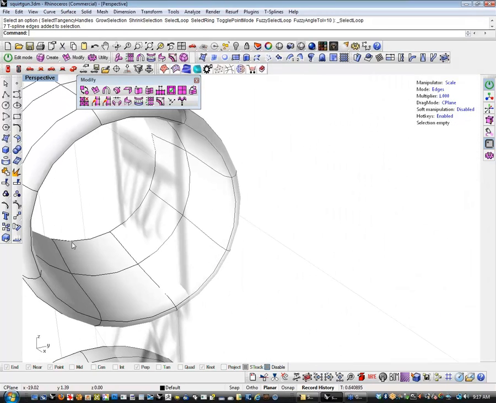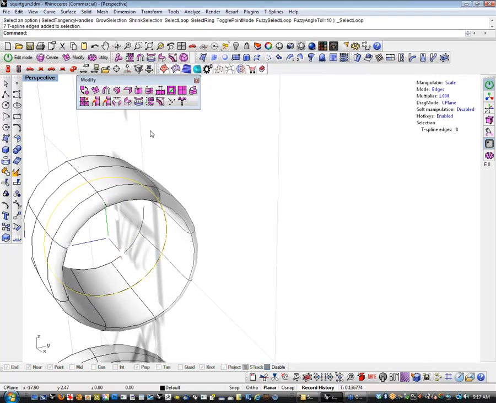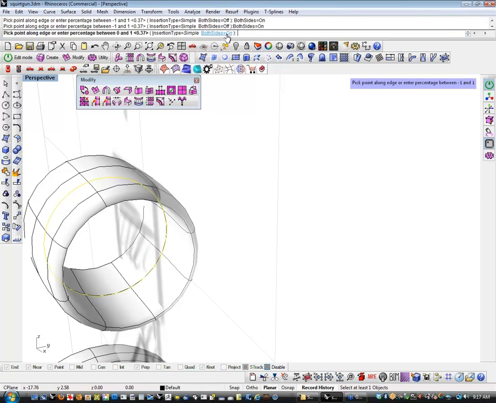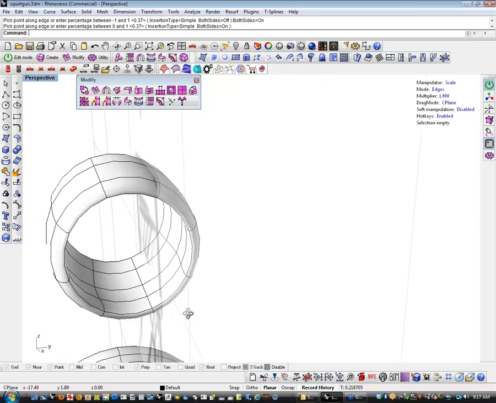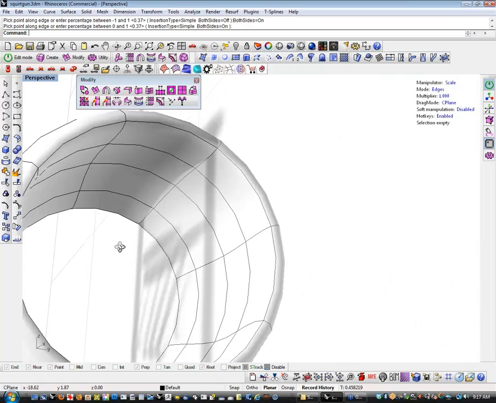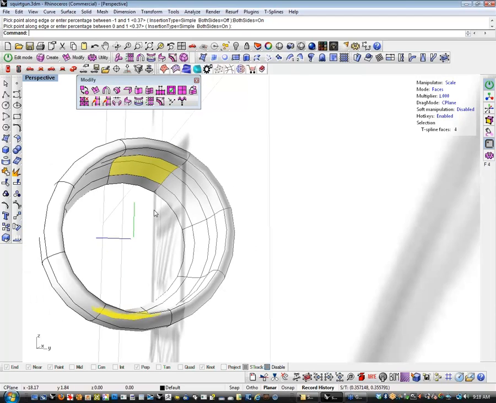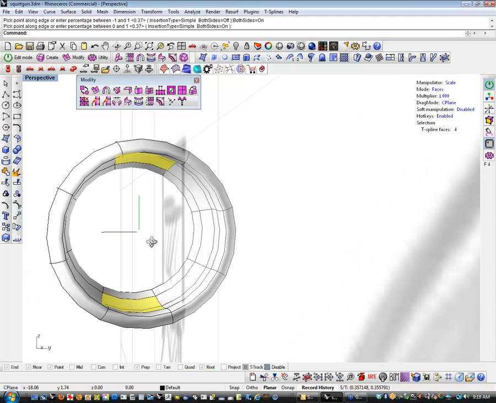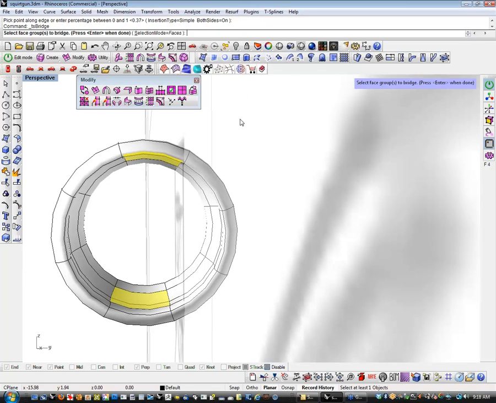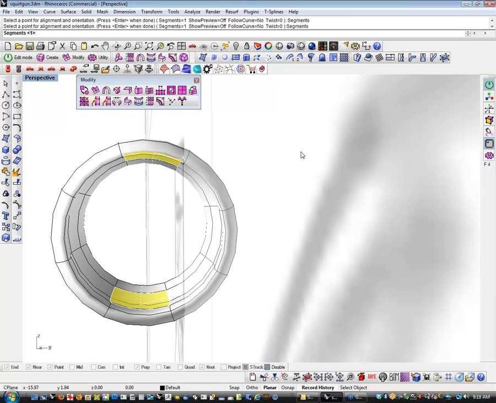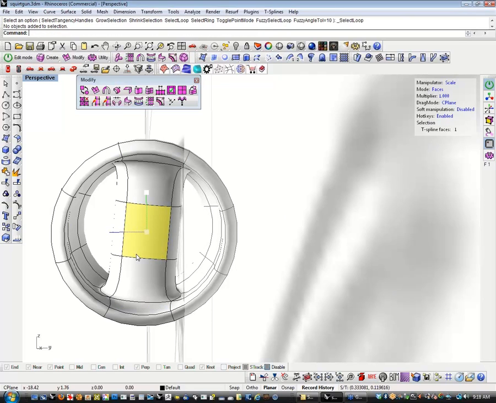And then I probably need to add one or two more edges in here because I want to put like a little barrel sight or something in there. So I'm going to insert two edges on either side of this guy. That'll also tighten that up a little bit, and it gives me some more geometry to work with. So I'm going to bridge between the top and the bottom ones here, and it's a little off kilter. I can always fix that later, but I'm just going to bridge between these. I'm going to use 3 faces because that's going to give me 2 edges with a center edge, and that will allow me to do this